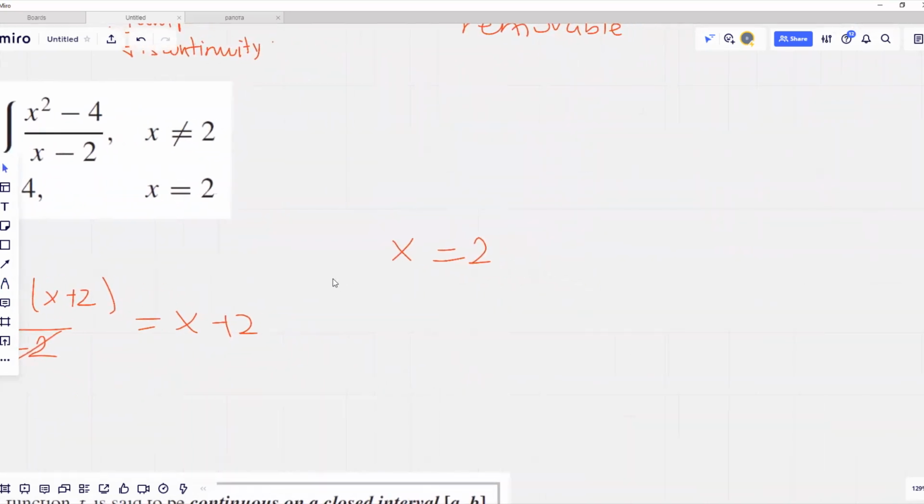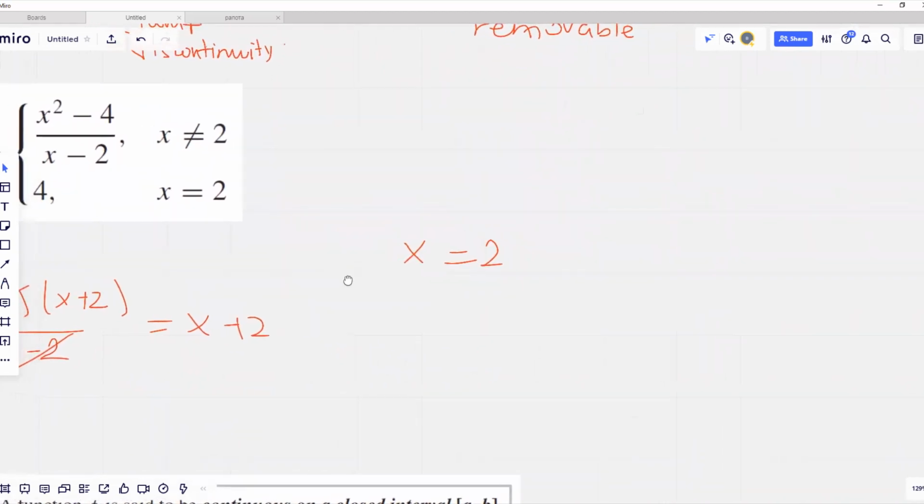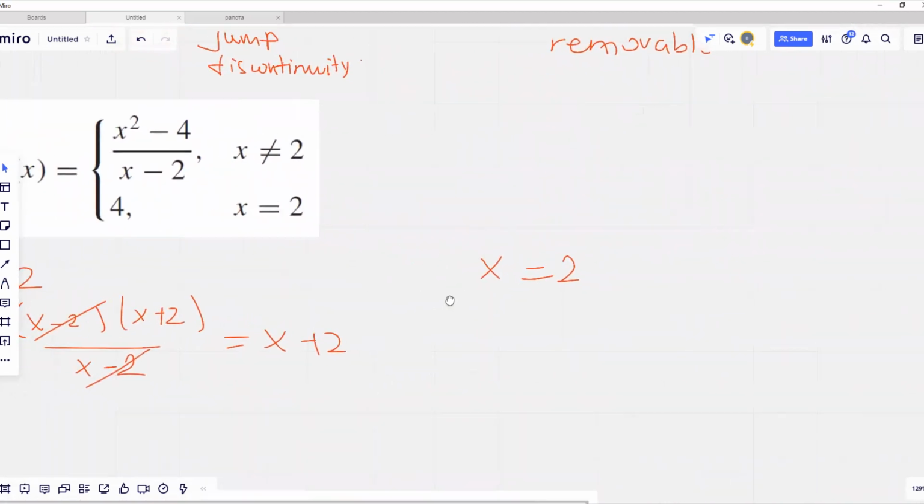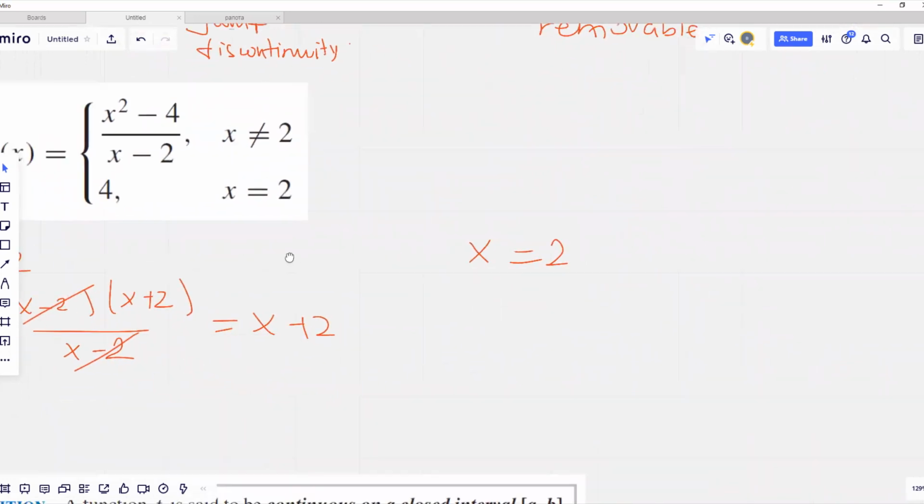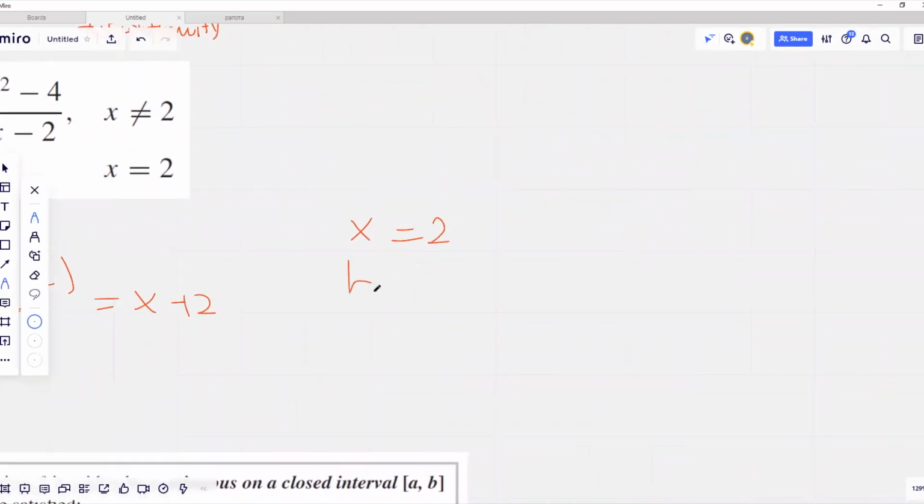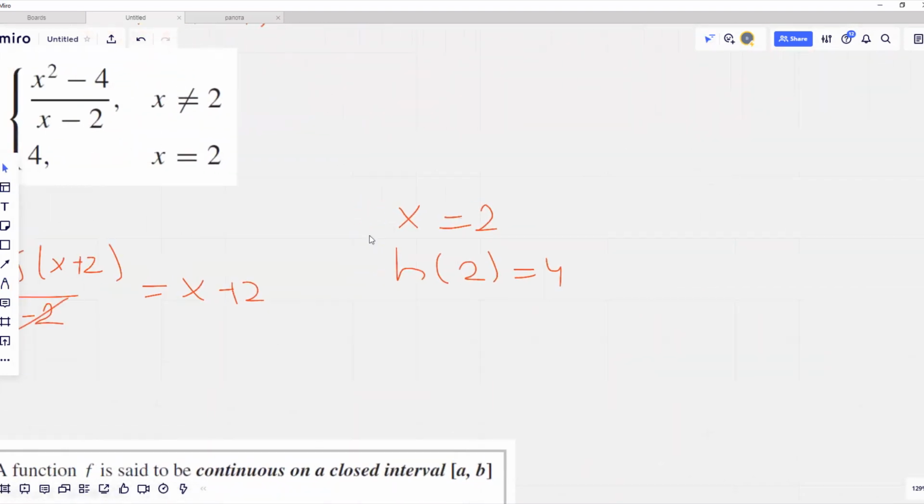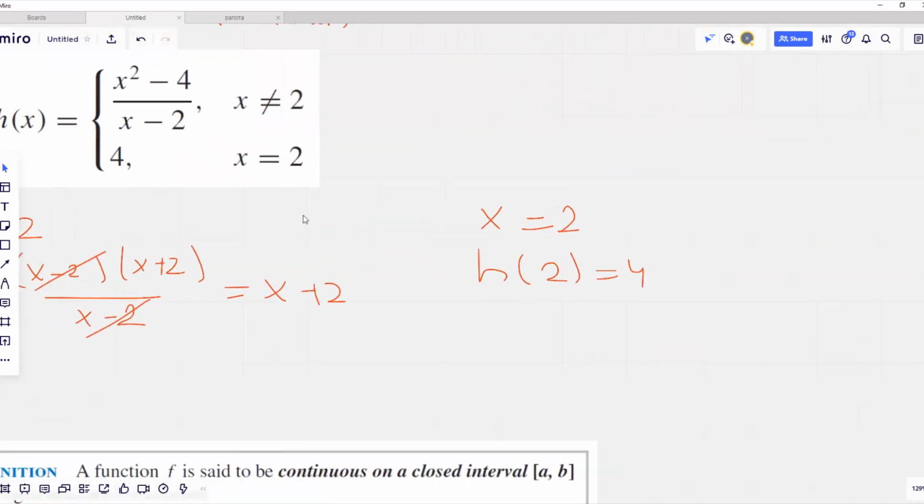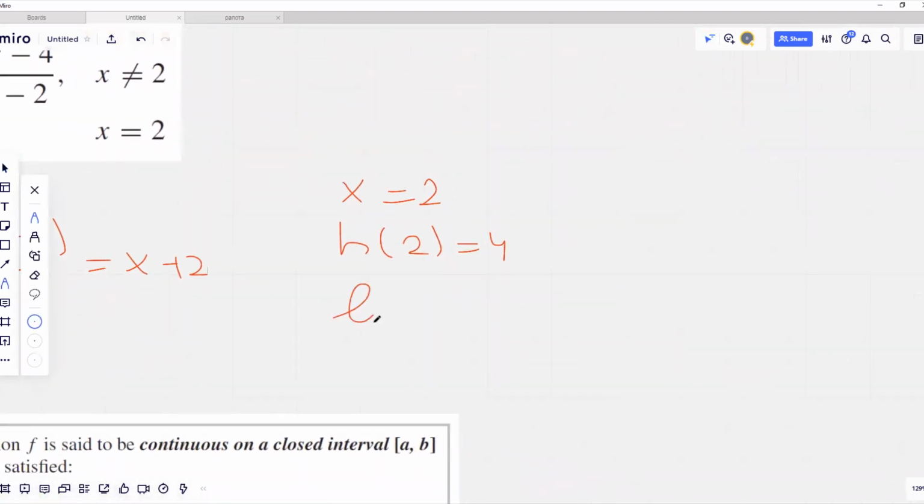We need to show that a two-sided limit exists and it is equal to the value of function at that point. So the value of function at that point, at point 2, is equal to 4. Now let's check whether our two-sided limit is equal to 4. Limit as x is approaching 2